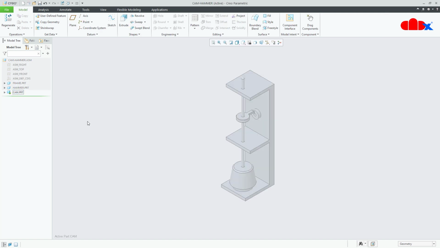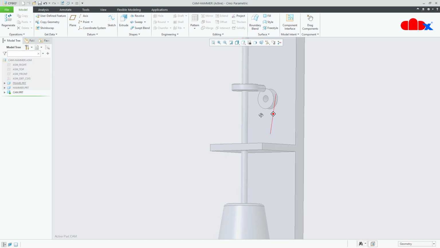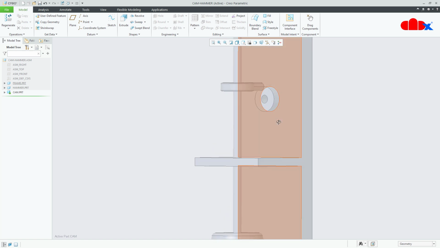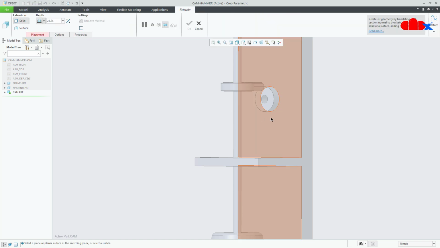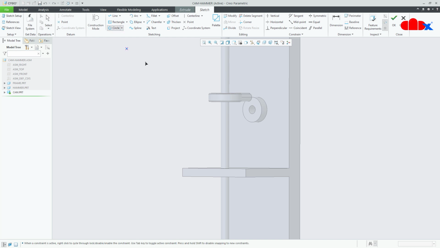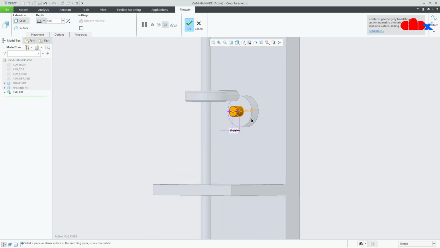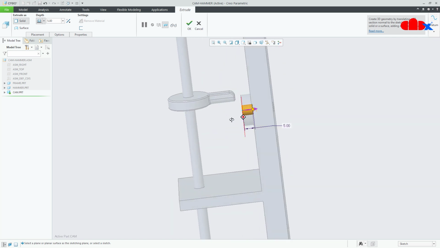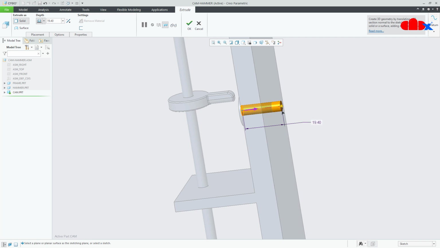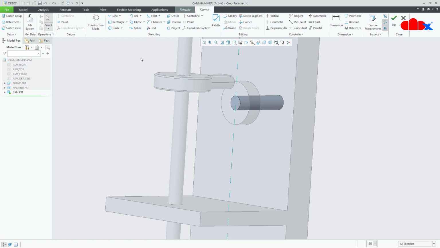Now activate your third part and then design the cam. So for this, I'll go to extrude, I'll select this face and I will select a circle and I will draw a circle. So first circle I will draw like this, I'll say OK, flip the direction, take it as 20, say OK, again extrude, this time I select this face, draw a circle,